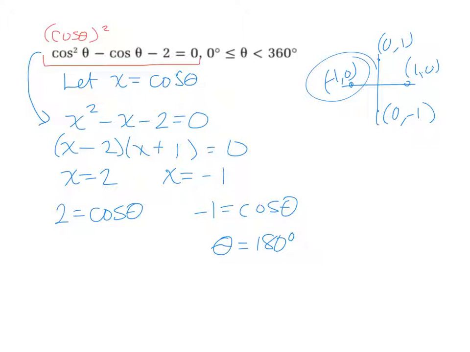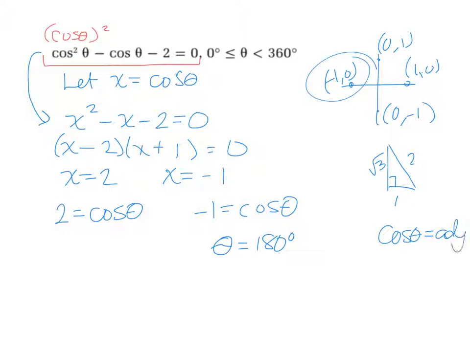How about that cosine theta equals 2? It doesn't exist. If you think about these special triangles, one of them does have a 2 in it, right? But the 2 is the hypotenuse. Cosine is adjacent over hypotenuse. And if you think about it, something divided by the hypotenuse is never going to be bigger than, do you know what value? 1. Because the hypotenuse has to be the biggest side in a triangle. So the adjacent